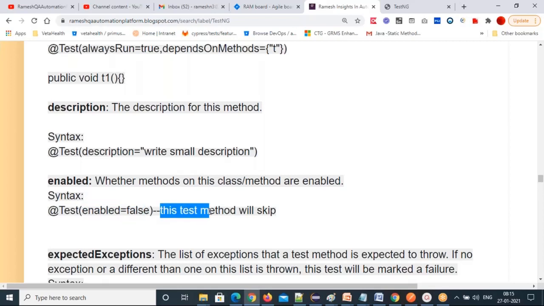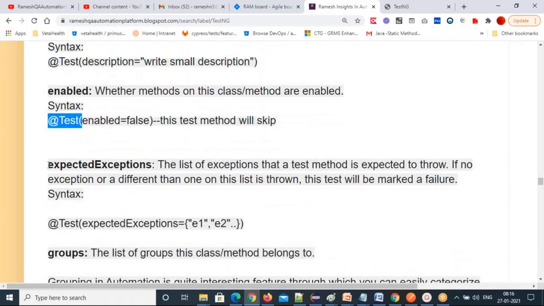So this test method will be skipped automatically if you write like this. So how to skip a test case interview question? @Test(enabled = false). If you set that, that test method will be skipped automatically.